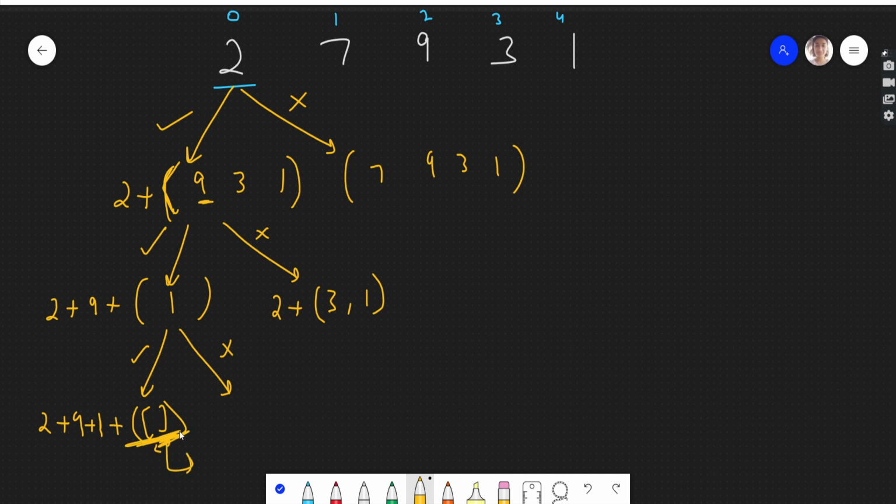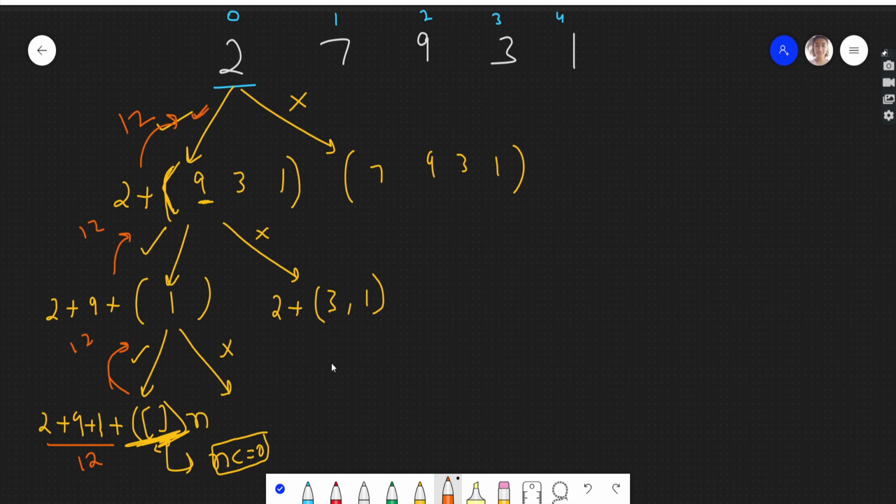So the base case will be when the number of elements in this recursive call, let's say n, becomes less than or equal to 0. So this is our base case. When we hit the base case, see our cost is 2 plus 9, 11, 11 plus 1, 12. So from here 12 will get returned. So over here we got 12 from this path in which we have taken 2.